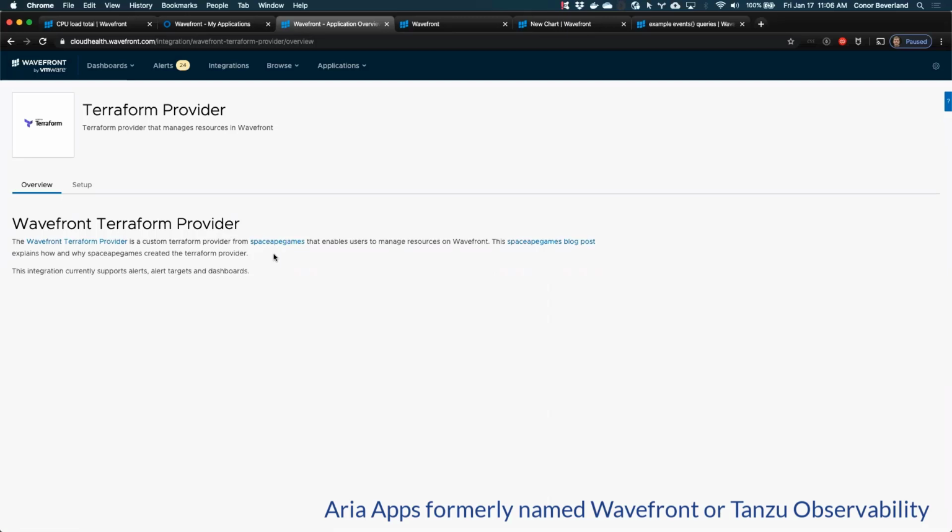So we have decided, and Space8 was happy, Space8 wants us to do this, to take over that provider, and it may take some time to get it into the official, I forget what Terraform calls their plugin concept. The registry? Yeah, registry, good. It may take us some time to get it into the registry and whatnot, but that's our goal, to make this more of an